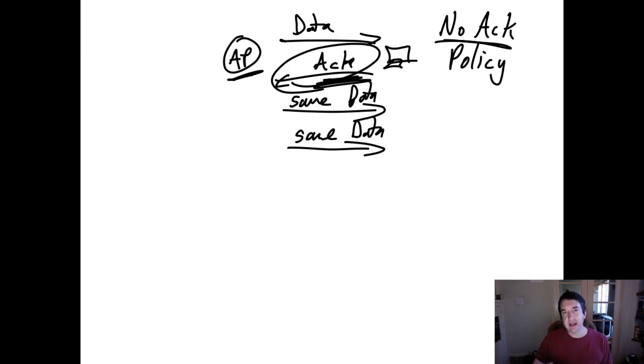We weren't getting a flag or an alert in our controllers or in our management software saying, hey, the no ACK policy is failing. We weren't getting any warning. All we were getting was trouble tickets from students, professors, research assistants, etc., saying, I lose internet access. I'm in one building and my laptop or whatever the device is has internet access, and then all of a sudden I lose internet access and I don't know why. The Wi-Fi connection says it's good, etc. And so